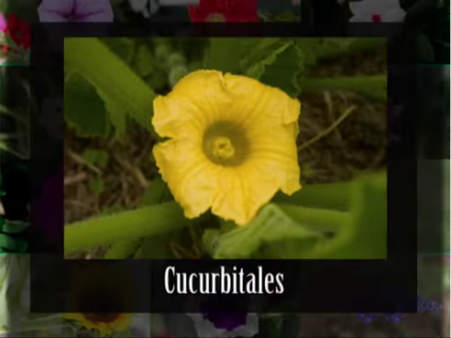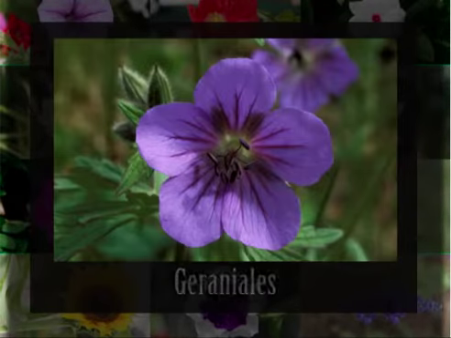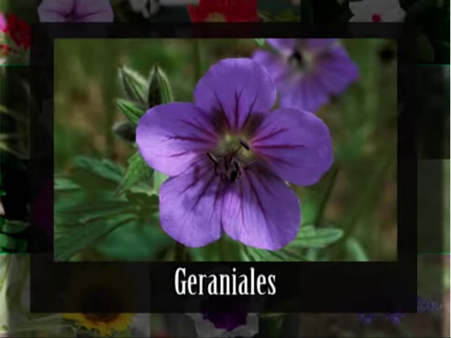This Rosales is followed by an order named Cucurbitales. Cucurbitales includes families like Cucurbitaceae, the vegetable crops that we have, or Datiscaceae. This Cucurbitales is followed by one more order called Fagales. Within this Fagales, we have families like Fagaceae or Casuarinaceae. One more informal clade we have is called Rosid second. Within this Rosid second, the orders that have been recognized are, first, Geraniales, the common geraniums.